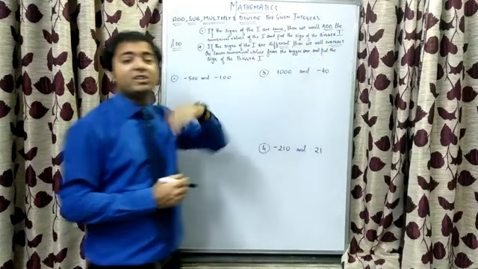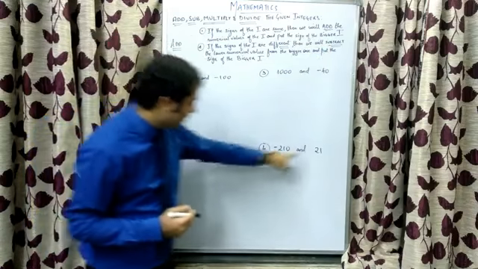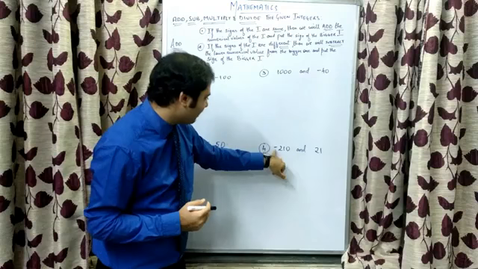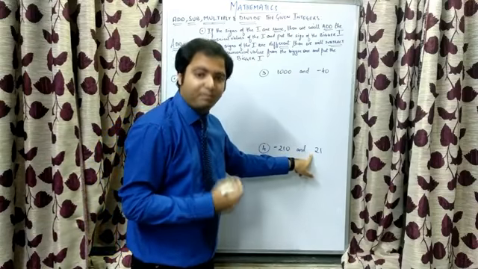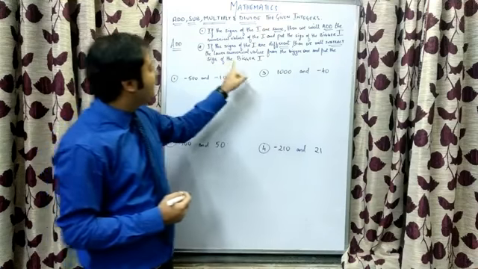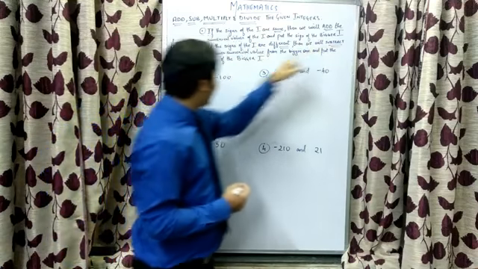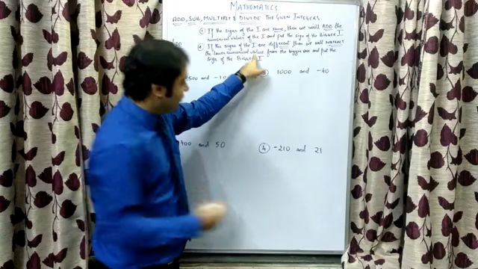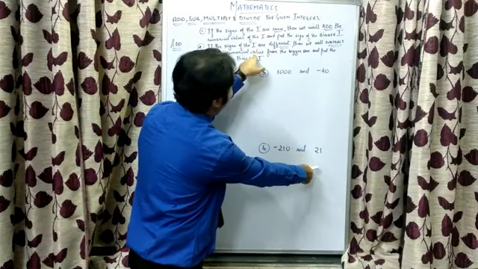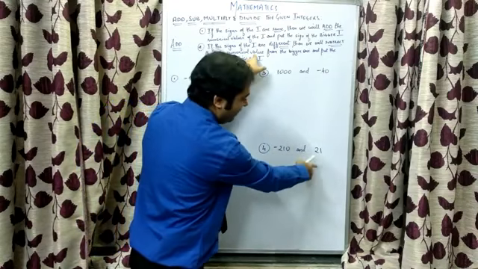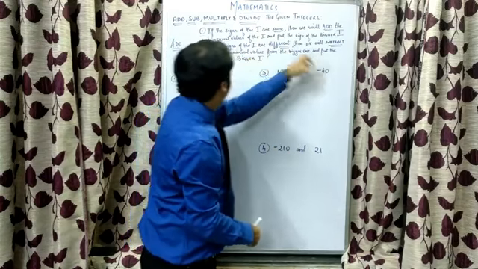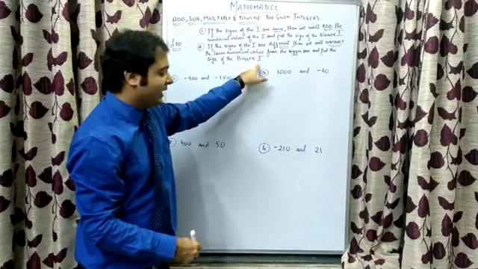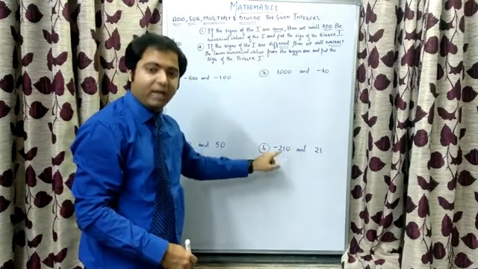But in case the integers that we are adding have different signs, for example one is having a minus sign and this is having a plus sign, and when nothing is there, we assume it to be plus, then in that case we'll subtract the lower numerical value from the bigger one. 21 will be subtracted from 210 and then we will put the sign of the bigger integer. Bigger integer will be minus in this case.